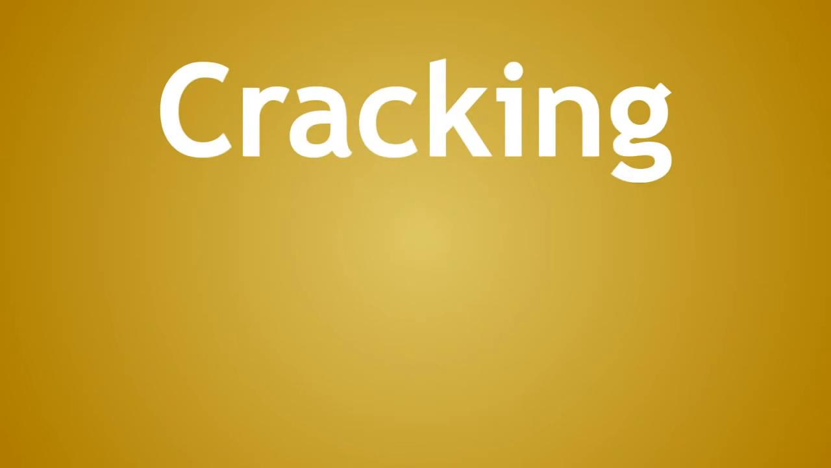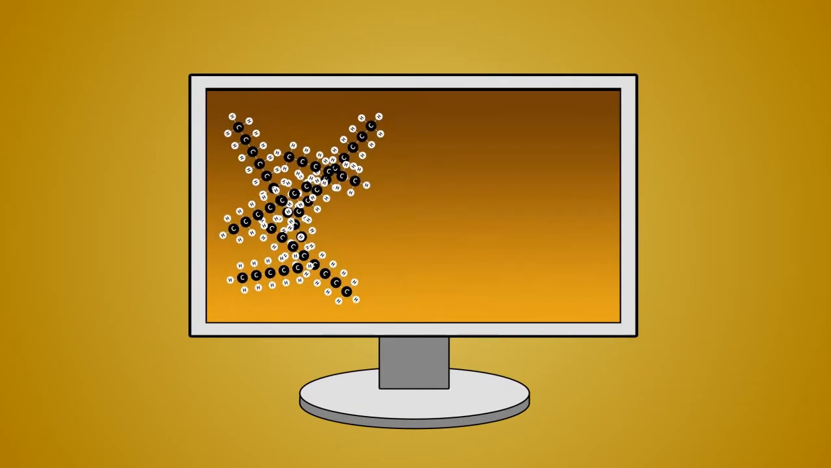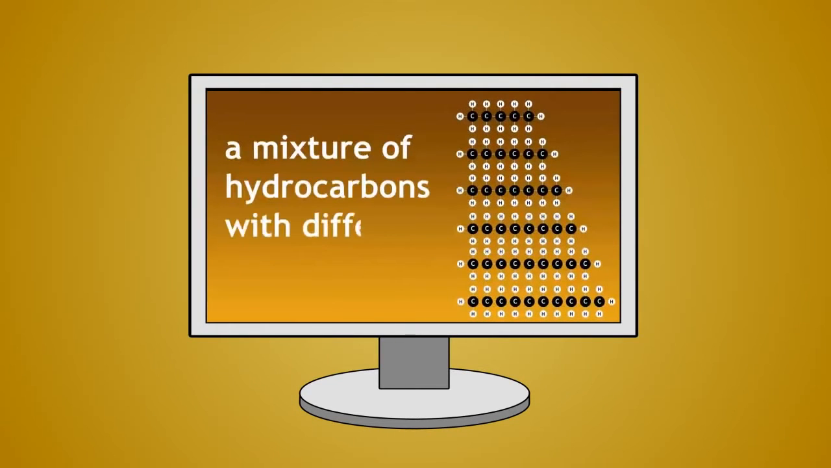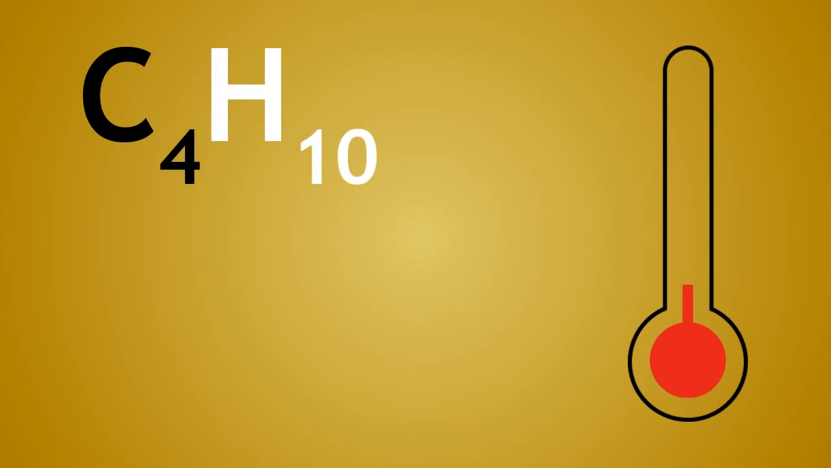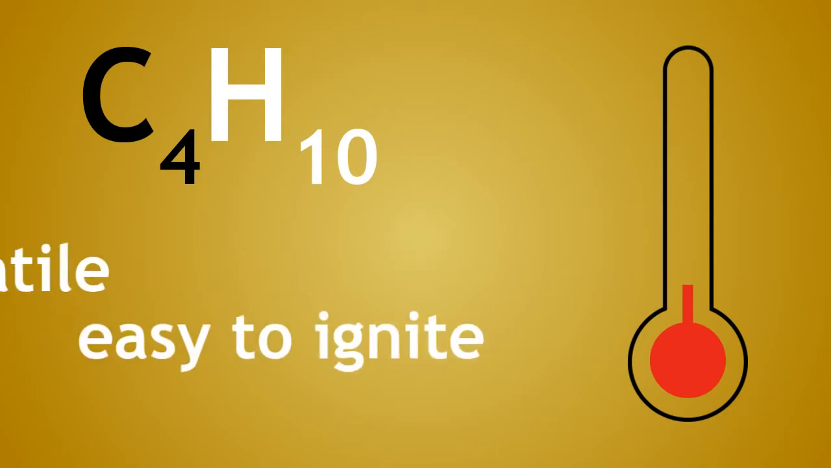In this video, you will learn about the process of cracking, how it is carried out, and why it is done. From our video on fractional distillation, you should know that crude oil is a mixture of hydrocarbons with different carbon chain lengths. Smaller hydrocarbons have a lower boiling point and are more volatile, making them easy to ignite and